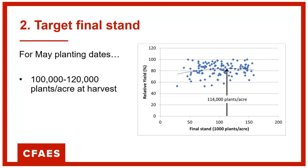It'd be nice to be done by May 10th. I'm comfortable with anywhere and it being done by May 15th. That would be kind of my unofficial cutoff. You don't want to push it too early. If it's good in April and the conditions are good, that's fine. If it's not,